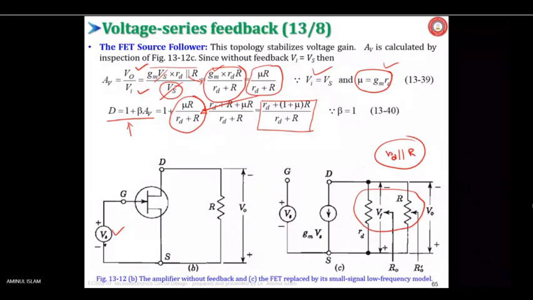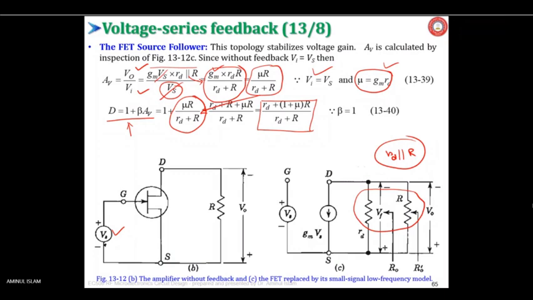So this one is understood by all. Expression of AV and D. Yes, understood. The following discussions will be based on a similar kind of concept. So the future slides will not be difficult if you understand this one.